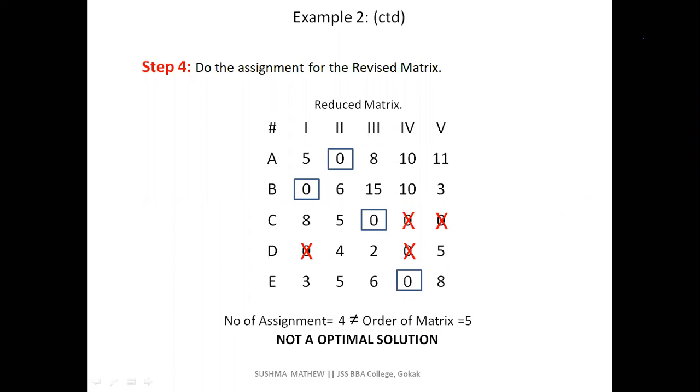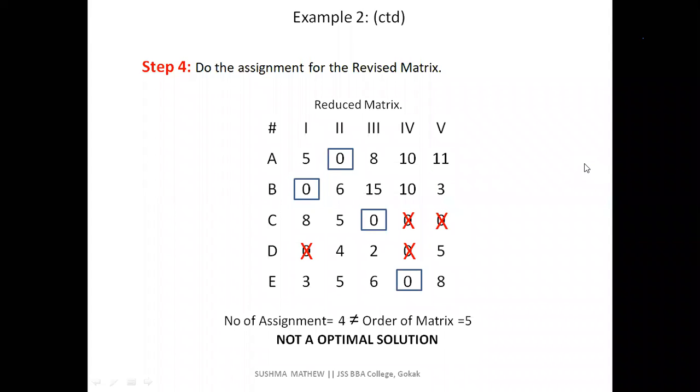To have an optimal solution, like I said, you can check the previous problem. Previous problem was a 4 rows and 4 column problem, and there were 4 assignments which we had done. Correct? So the problem was optimal. So we were able to attain an optimal solution. Now here in this problem, we haven't attained an optimal solution.